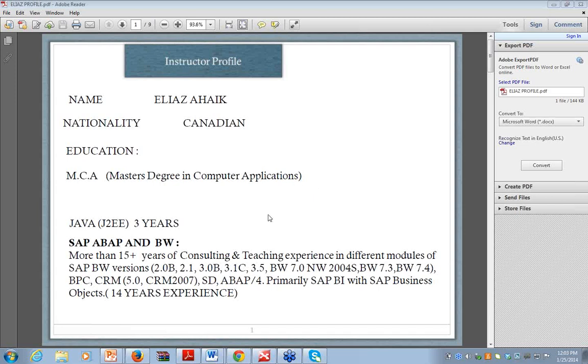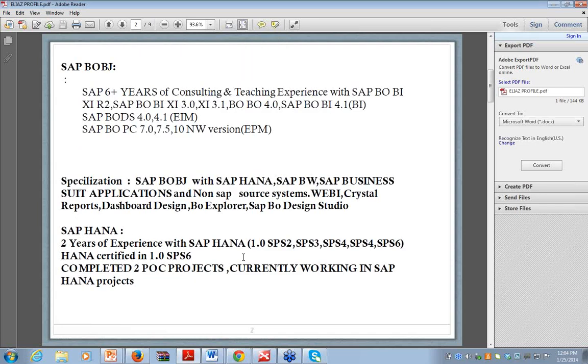From 2003 onwards, I have been working as a BW consultant. In BW, I started working in 2.0B versions, 2.1C, then 3.x versions, 7.x versions. In total, I have 11 years of experience in SAP BW, and my current project is with BW 7.4 with SAP HANA and with SAP BOBI. When SAP acquired Business Objects in 2008, from then onwards I have been working as a BW Business Objects